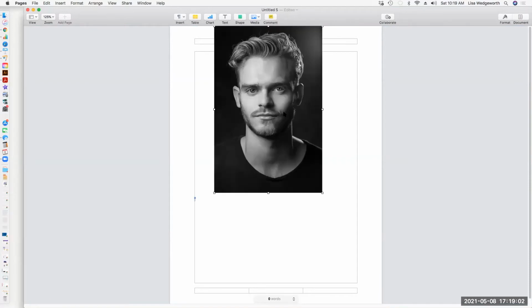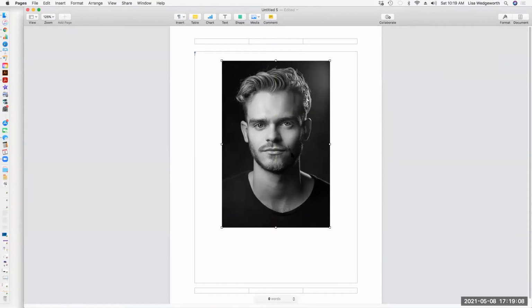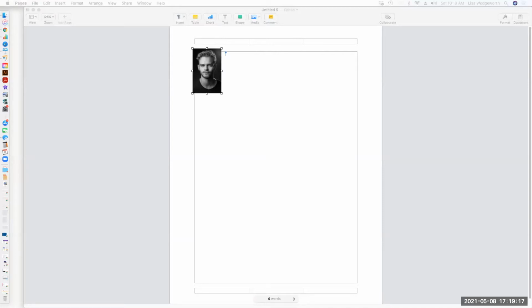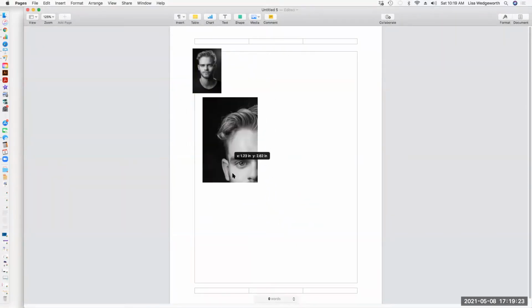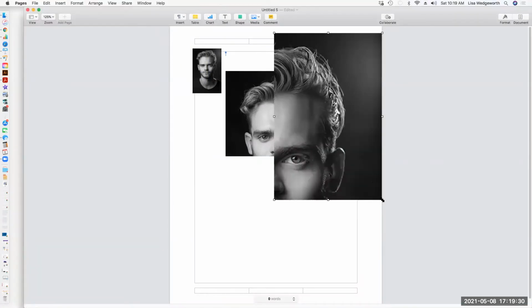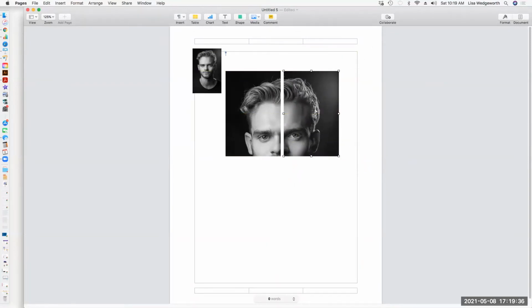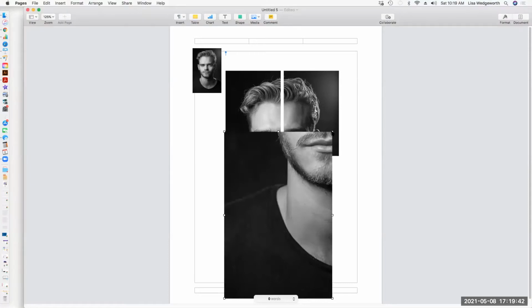a portrait of yourself, rather, right? And this is your portrait, right? So you have a portrait, you split your portrait, and I'm going to minimize this for a second and I'll set it over here. And you split your portrait into four parts. Here's the first part. Here's the second part. Here's the third part. And whoops, when you